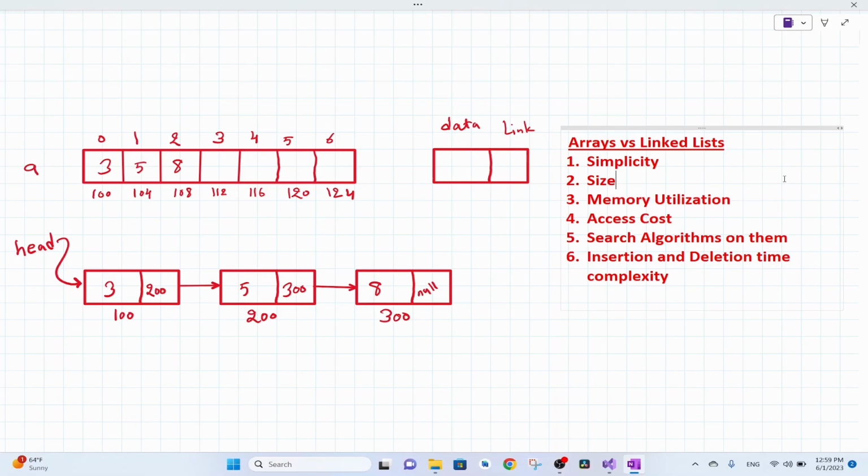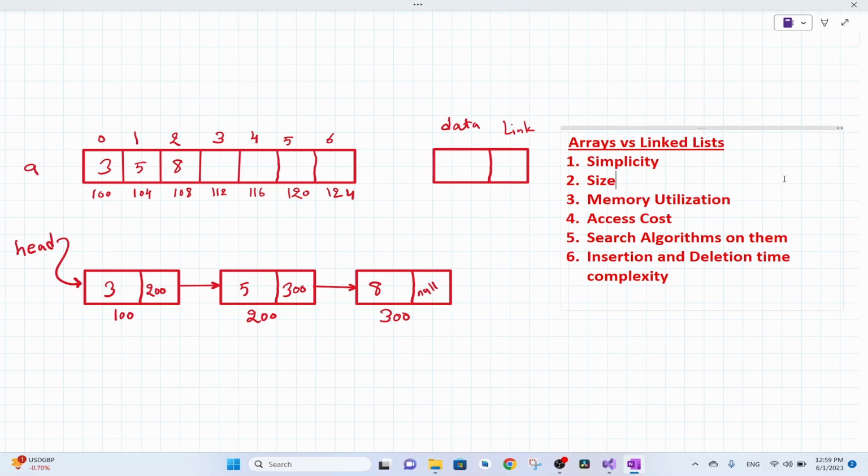Talking about simplicity, definitely the array data structure is much simpler for beginners to learn than the linked list data structure. But once we learn the core concepts in a linked list data structure, we will understand how beautiful and efficient a linked list data structure is. So arrays and linked lists each have their own advantages and disadvantages. The selection of one over another depends on different factors, as we mentioned. Let's begin comparing and contrasting these two fundamental data structures and discuss the benefits and drawbacks of each of these